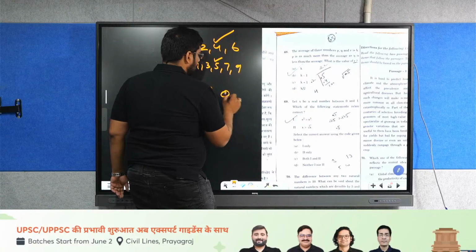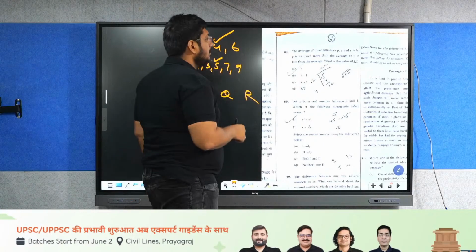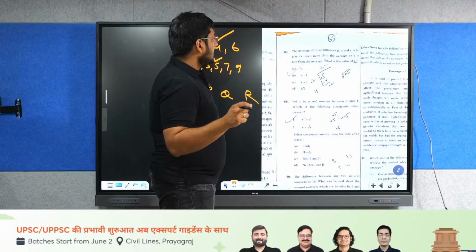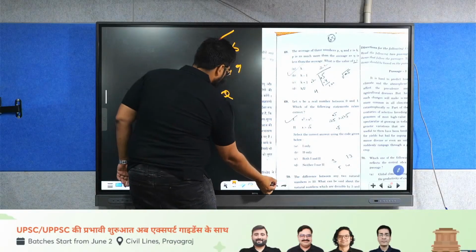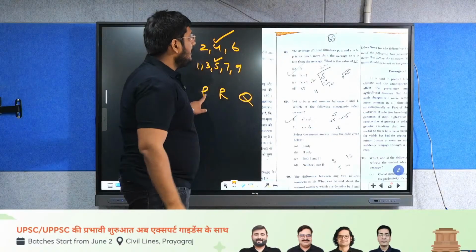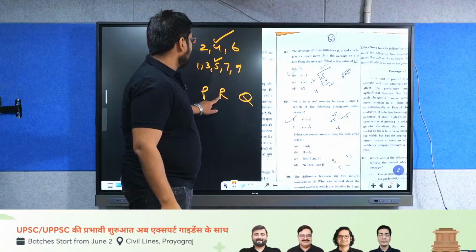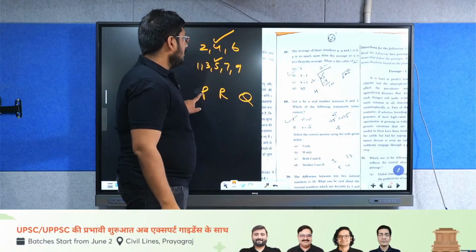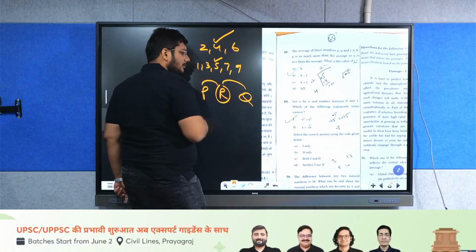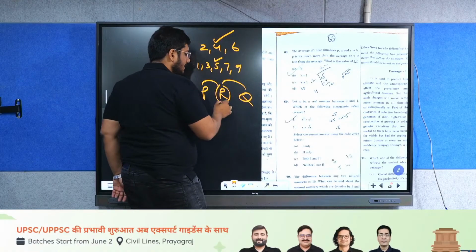P, Q, R. What is the value of R? It has been asked. Sorry. P, R, Q. P is as much more than the average as Q is less. R is the average, that is, both are equidistant. Both are equidistant, that means R is equal to K,